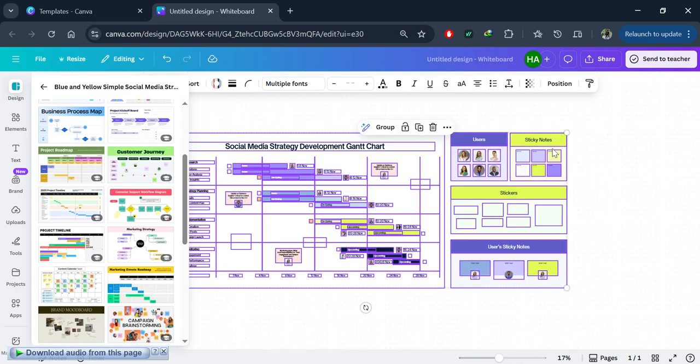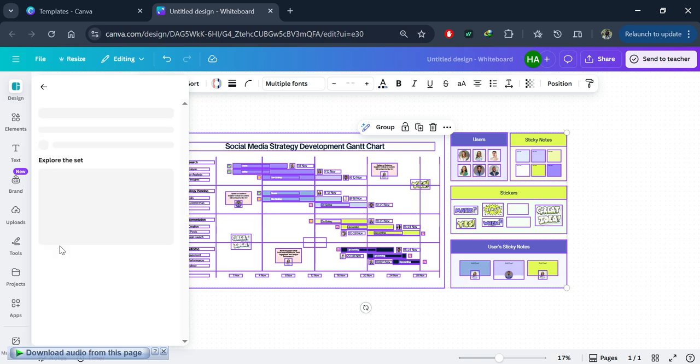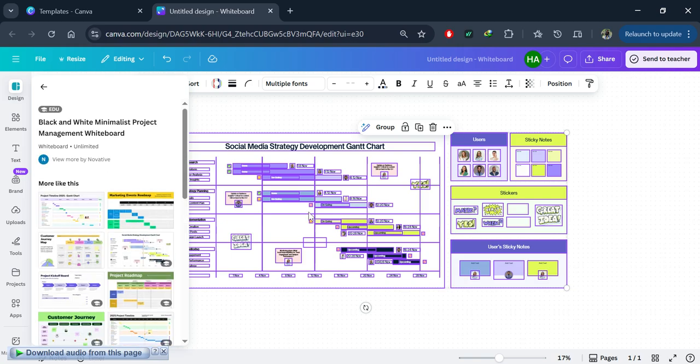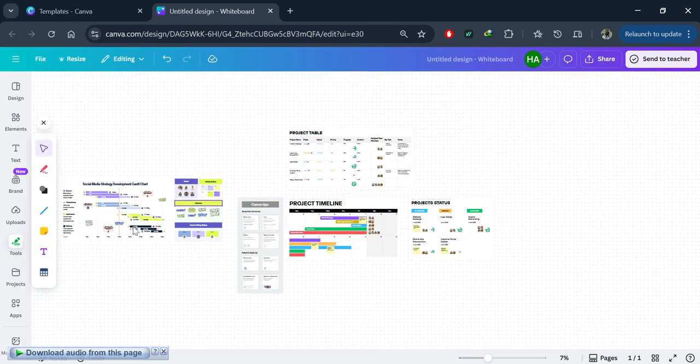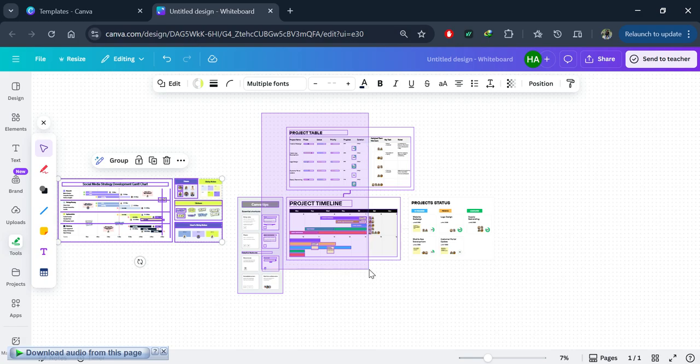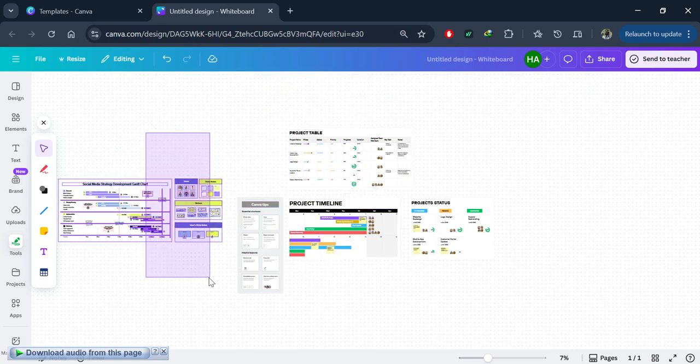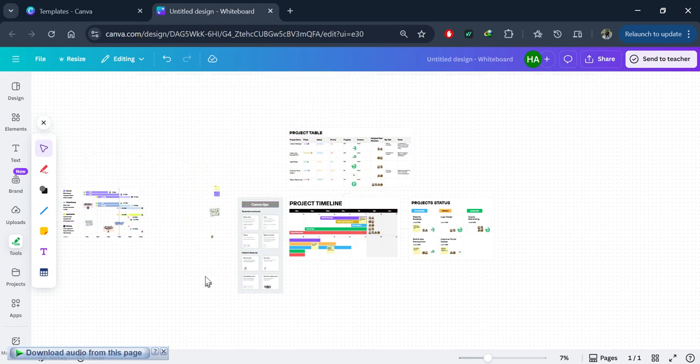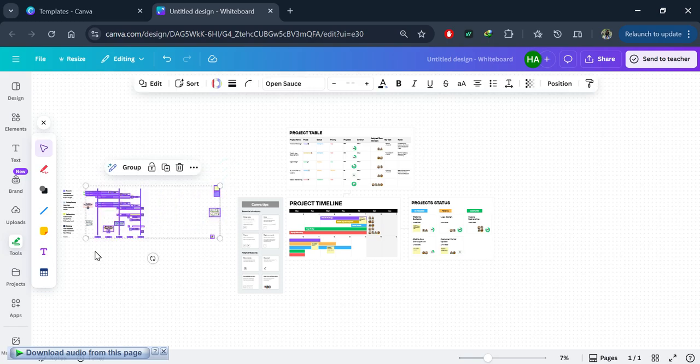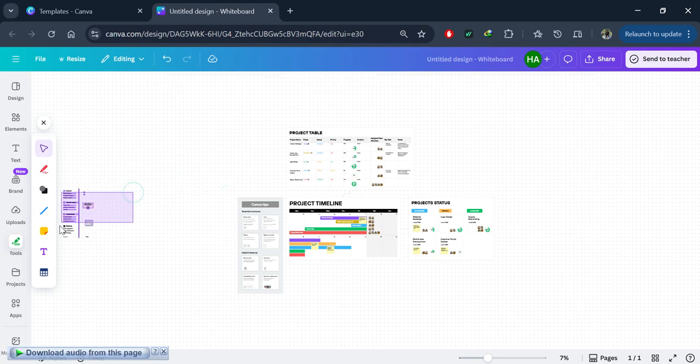So you can see this is the one that we have selected, and you can also change the charts from here. Let's say we go for the project timeline chart. So I just selected this chart, and then it will appear here in just a few seconds, because it's taking some time. It's loading. So you can see that it has opened here. This is the one whiteboard template, and this is the other one. Let's delete this one. And so that's how you can delete.